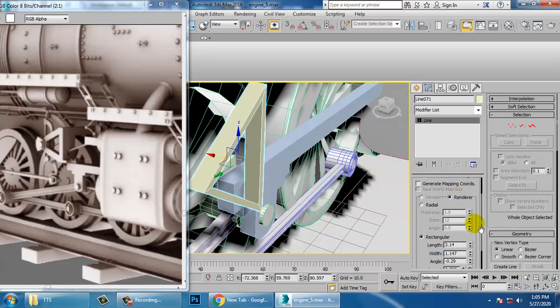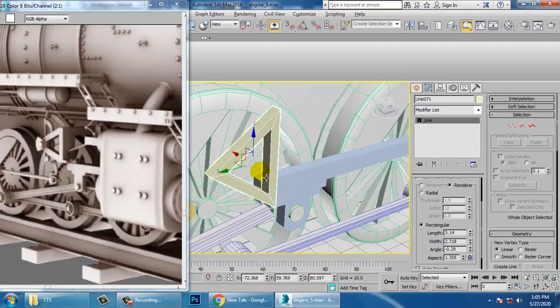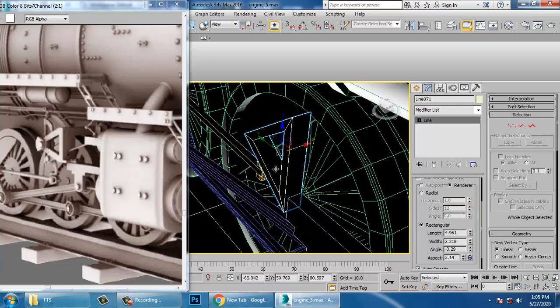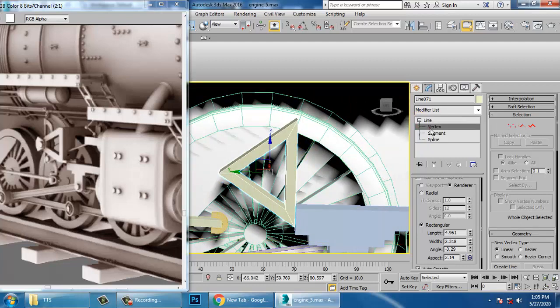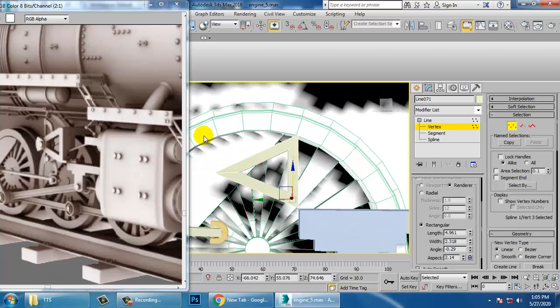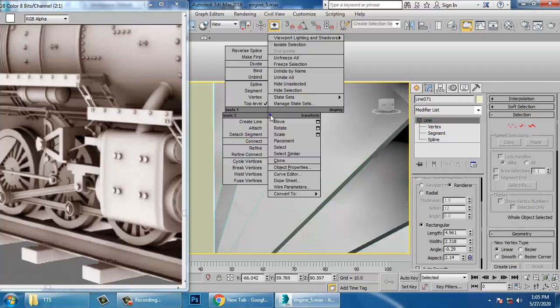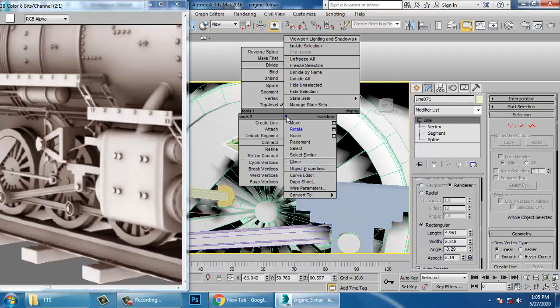Now, just increase its length and width over here. Select these vertices again, just push this down. Convert to poly.